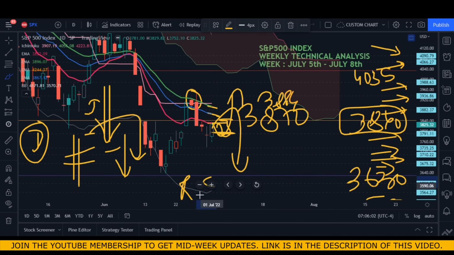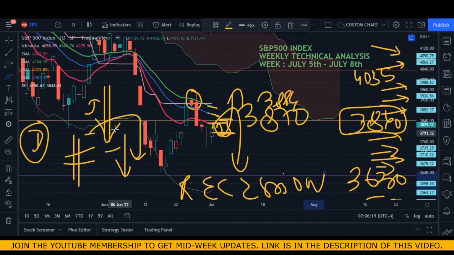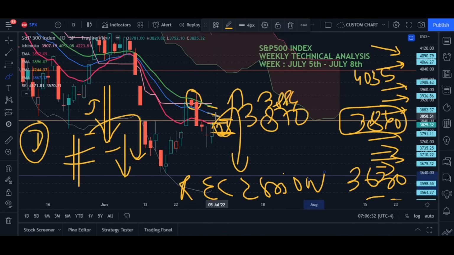As you know, we are already in the recession, and this is what I have been telling you for the last 6 or 7 months, from the first week of January 2022, that we are going to enter into the recession. But now we are confirmed we are in the recession. So that is the reason why we are absolutely bearish. This means that whenever the market sees some struggle during the upward movement,